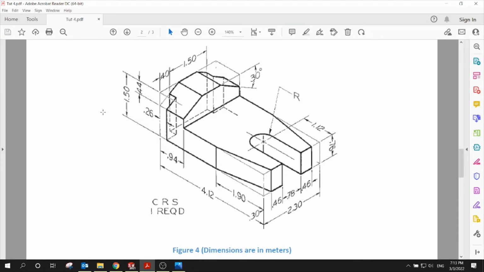Hello everyone, this is part 4 of tutorial 4. Now this shape has only two segments. The first one is this shape with chamfers in the corners, and then I have circle, again chamfer, and then straight line. If I look from top view, I can draw this segment and then I will extrude a distance